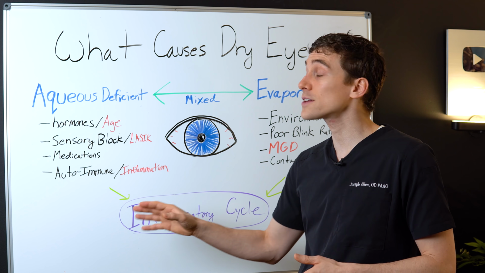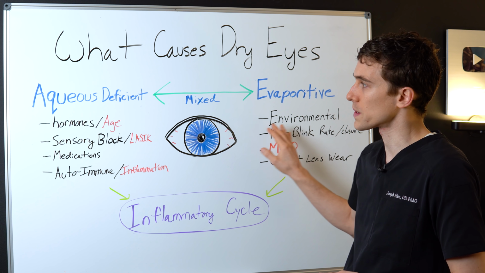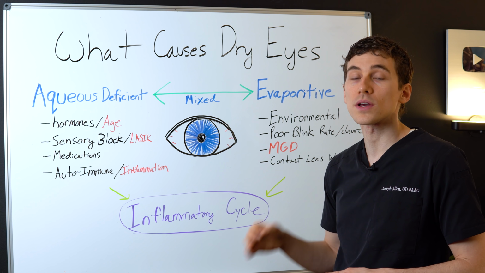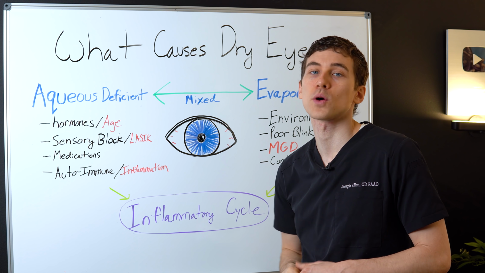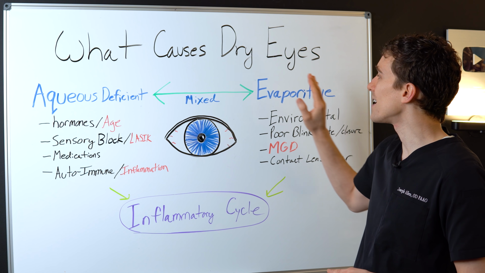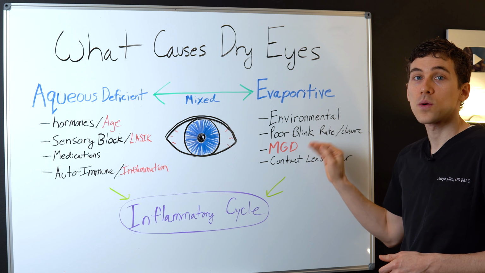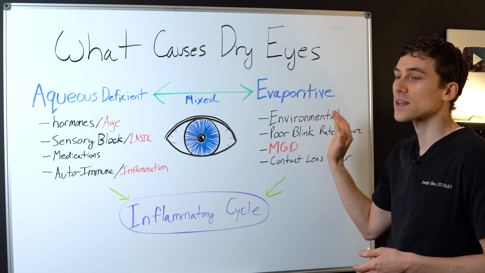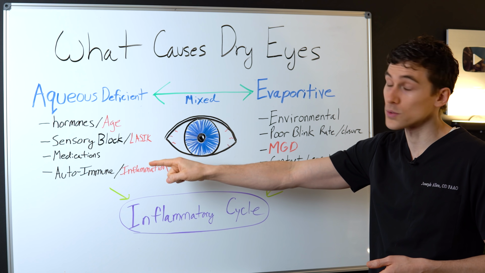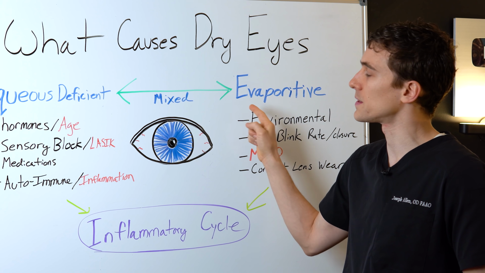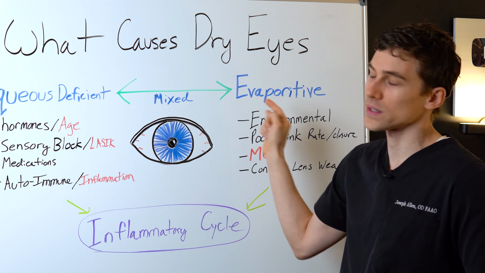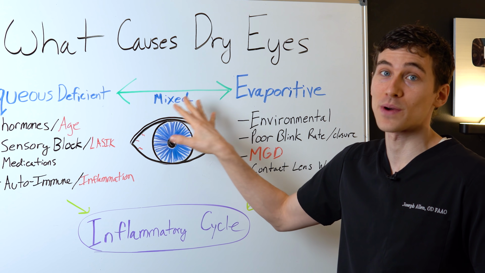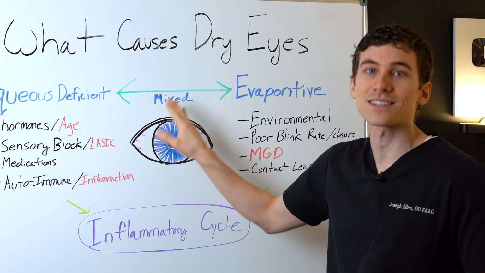Now, eye care thinks and categorizes dry eye disease into three main categories. The first category is called aqueous deficient dry eye. That's where you don't produce enough of the liquid aqueous component of your tear film. Then you have an evaporative form of dry eye where the tear film evaporates too quickly. You may still produce enough liquid, but the tears themselves are evaporating faster than you can produce it. And then there is a mixed form right in the middle, somewhere on the timeline between aqueous and evaporation, but studies show that about 90% of people who have dry eye disease have some form of the mixed form of dry eye.